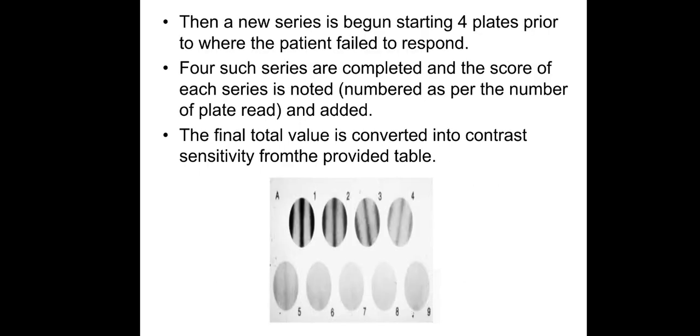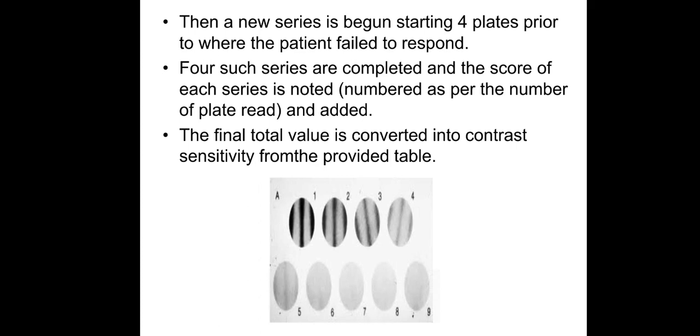So you can see in the image that the upper circles have almost black and white strips, with a wide type of black and white strip. The lower one has the narrow type of white strips. If the patient can identify the lower ones, the 5 to 6, almost 7 to 8, 9 whole circles, saying that there are black and white strips there but narrow, then the patient's contrast vision is good. If the patient says that only the upper one is visible, that means the patient's vision is not good enough due to some diseases.